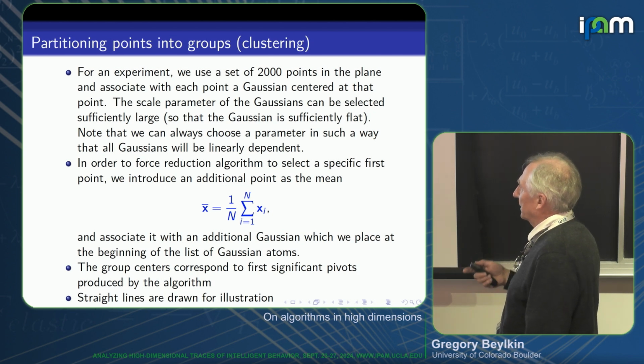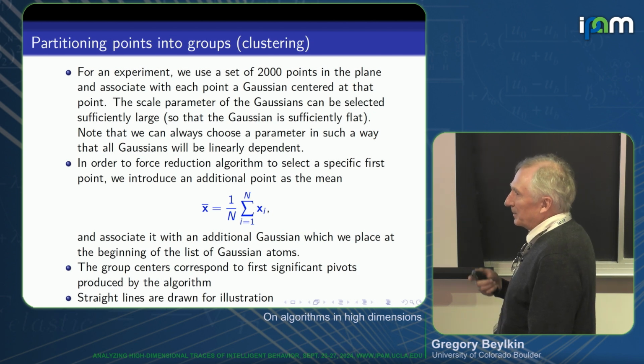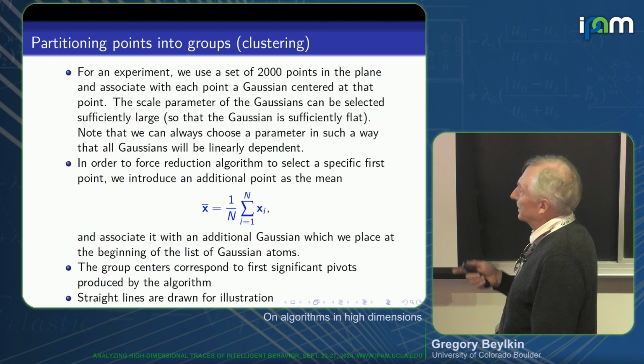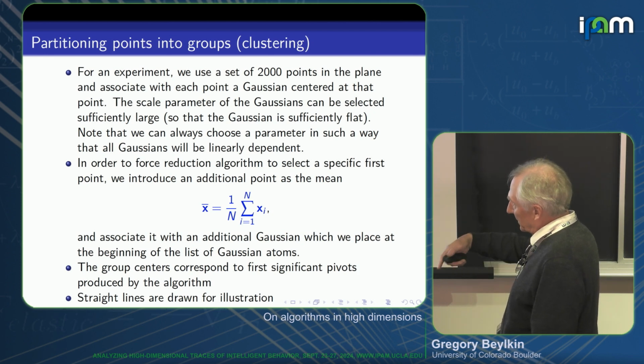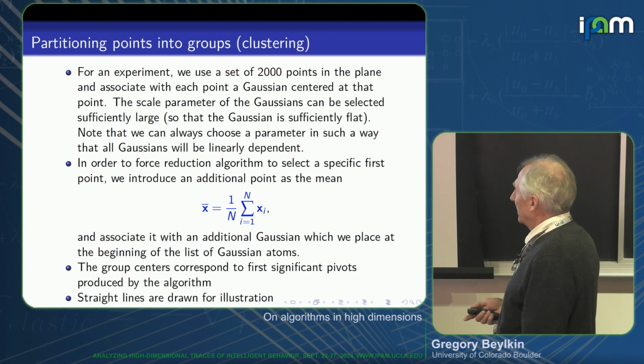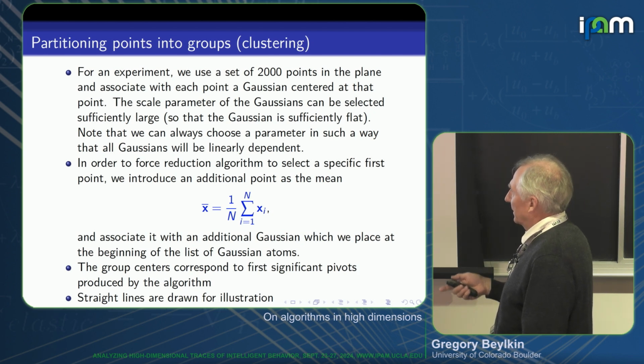When you start this reduction algorithm, you need to select the first point. In some sense, it doesn't matter, but in this case, we selected the center of gravity, so to speak, the mean. The result associated with it, we don't use. And then we run this algorithm, and we stop it after, say, I think 4 terms and 10 terms. We didn't do a very good job with these examples. I can do it much better now.